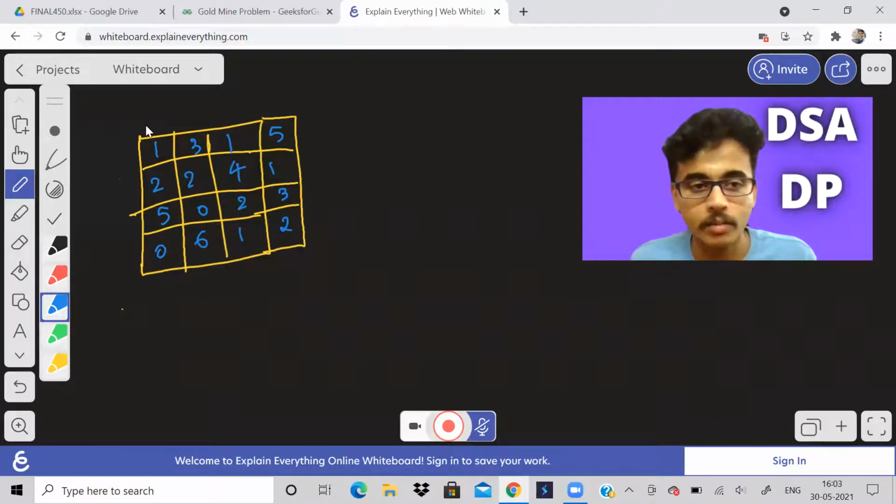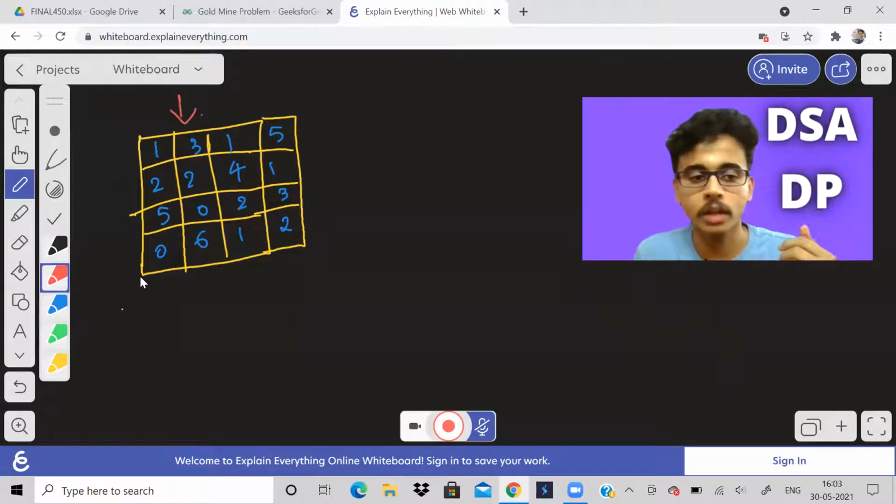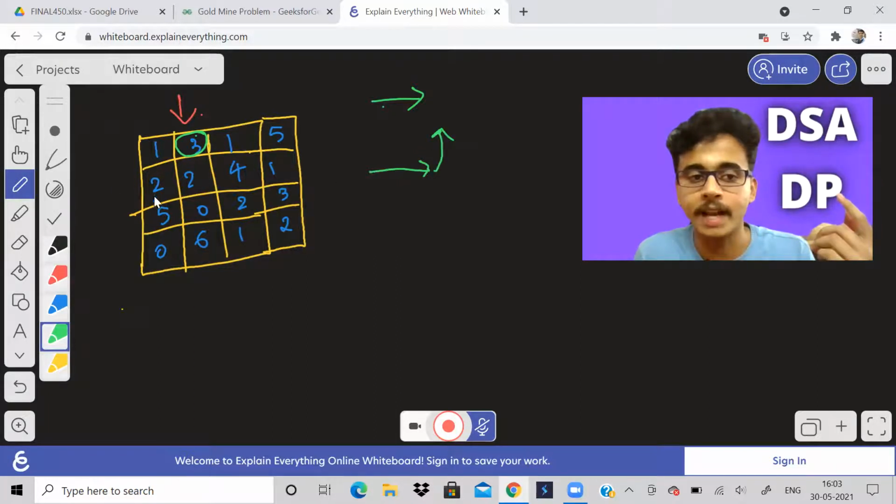Now we can start from anywhere in the first column, but we will forget that. We will start from the second column onwards. So we will start from this second column, and let us consider this particular cell. Now for this cell, what are the possibilities? Can I come from the left of this cell? From the left side of this cell, can I go right? Yes. Can I do this operation, right up? See, this cell is valid. This is also a valid cell.